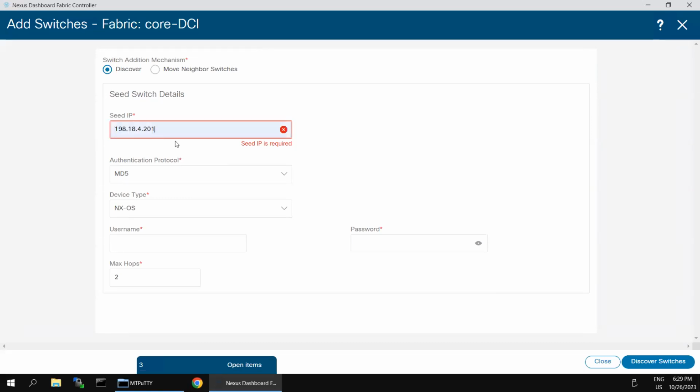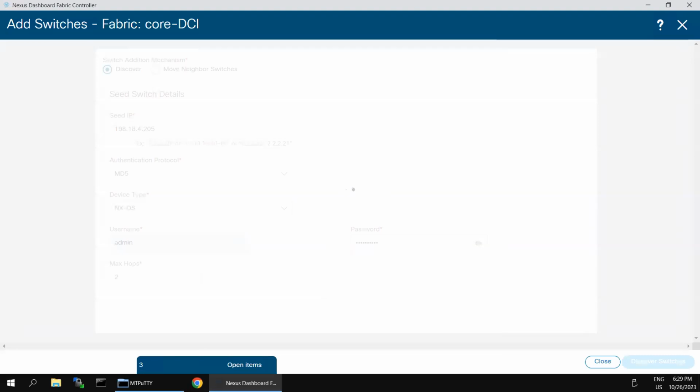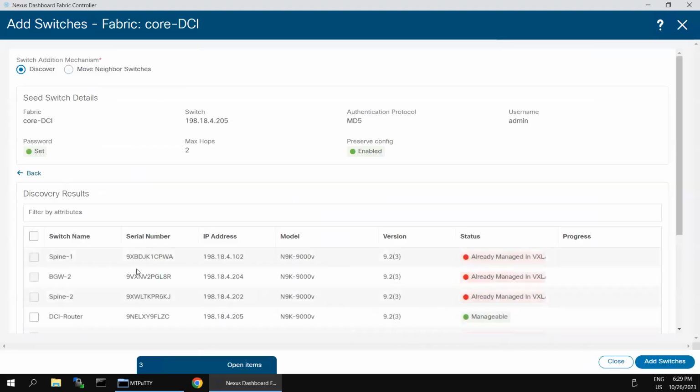This is 4.205, and then the device type and everything is okay. We should go and give the username and the password. Let's discover it. Once we go and discover it, we'll go and